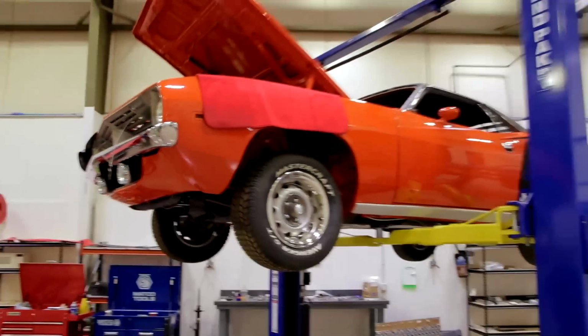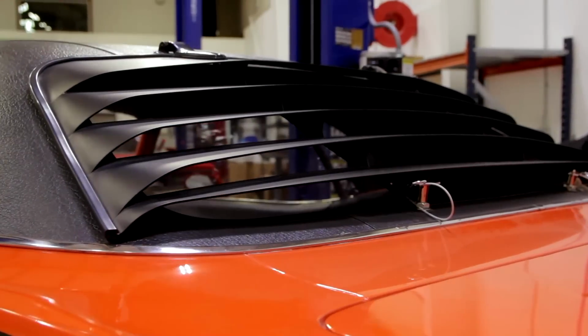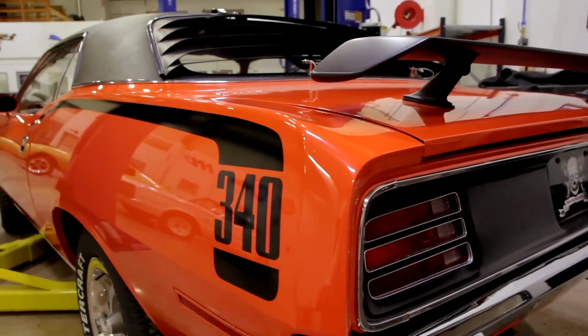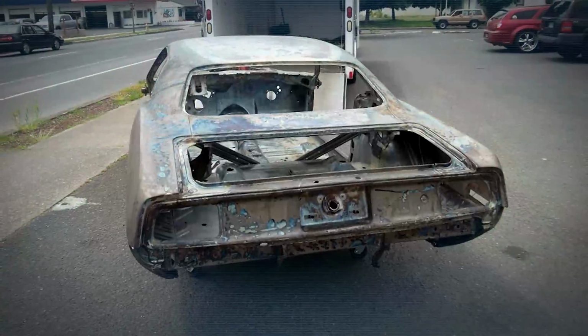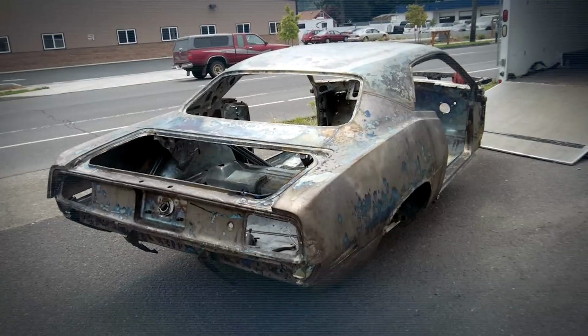So on this car, this is our 1970 340 Cuda. So this is a 340 automatic. It's a factory rear window louver car. It's a really neat car. It's a factory hockey stick stripe car. It's EV2 Tour Red. So far, we've completely stripped the body, completely disassembled the body, replaced nearly every panel on